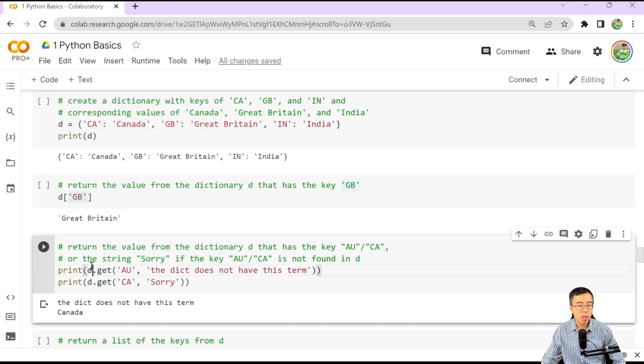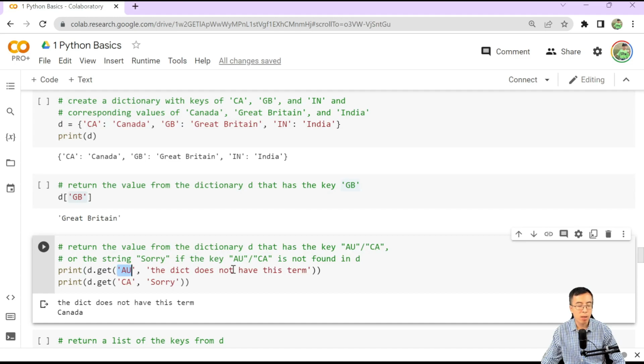If you use the dictionary and .get, first you provide the key. If the key does exist in the dictionary, it is of course going to return the value. But if the key does not exist in the dictionary, you specify an alternative message that is going to be returned. So, for example, here I say D.get AU,